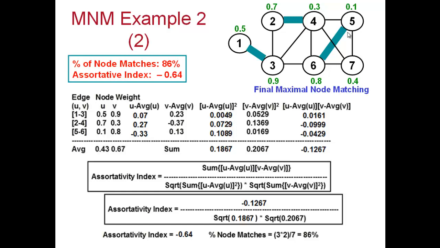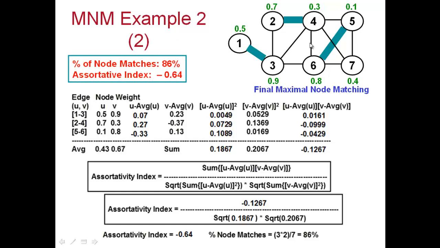So now what we are going to do is quantify how similar are the end vertices of the edges that we picked, with respect to the node weights given. So these are the edges, right? 1, 3, 2, 4 and 5, 6. So what we are going to evaluate is how similar are the end vertices of the edges that we pick. So that's where the assortativity index comes in. Based on just these 3 edges that are part of this maximal node matching, we're going to compute